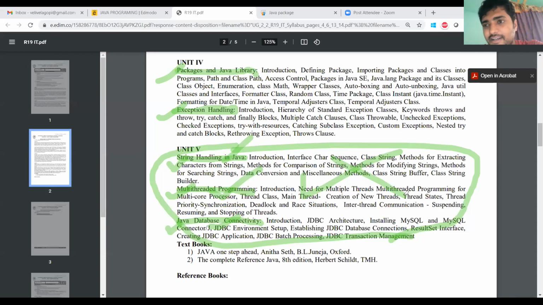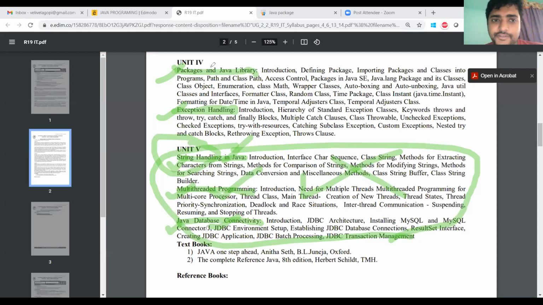So here the front end is done with HTML. The connection can be done with another language like JavaScript. By using JavaScript, you can write the connection code for that page and that database server. That we will see in the next unit. So the fifth unit is very, very important for your projects and job purposes.